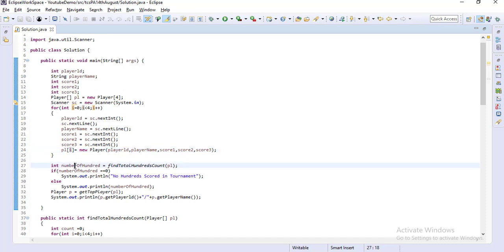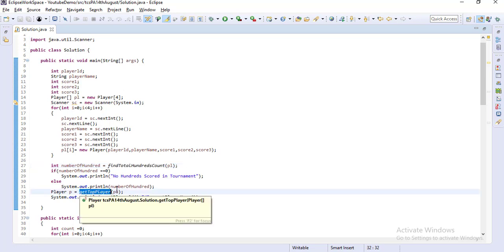Then we are calling these 2 methods. One is findTotal100Counts, with the player array, and the second method is getTopPlayer, also called with the player array.